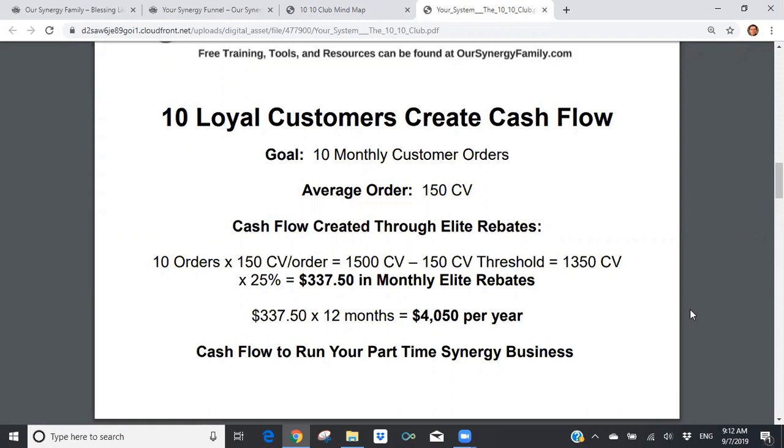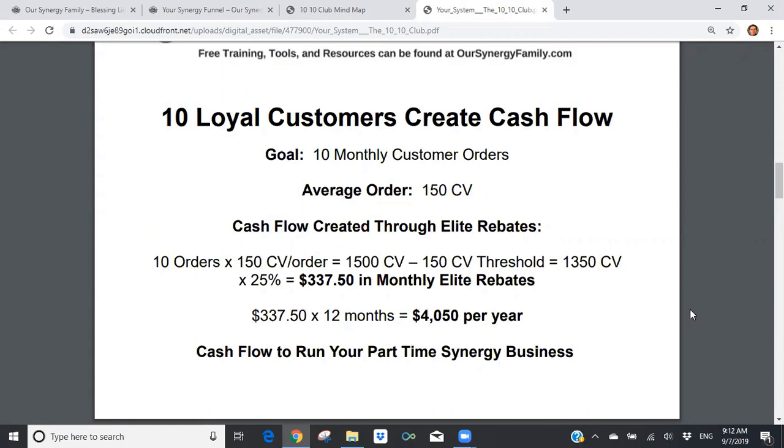Back out the threshold of 150, because we don't get paid elite rebates until we're above the 150 threshold. So every month we start over at 0. So every month you have to have your 150 CV in place first, and then anything above that you earn